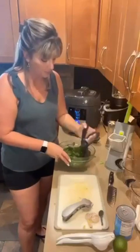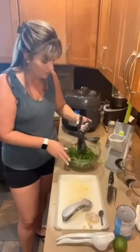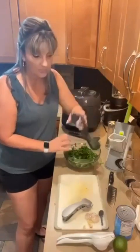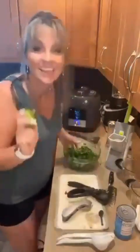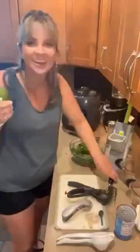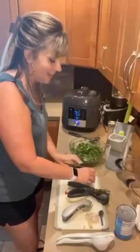All right, we got that mostly chopped up. And the next thing we're gonna do to get ready is squeeze the juice. Anybody know what movie that's from? That's dating me. Okay, so we're gonna take our lime here and go ahead and cut it in half and